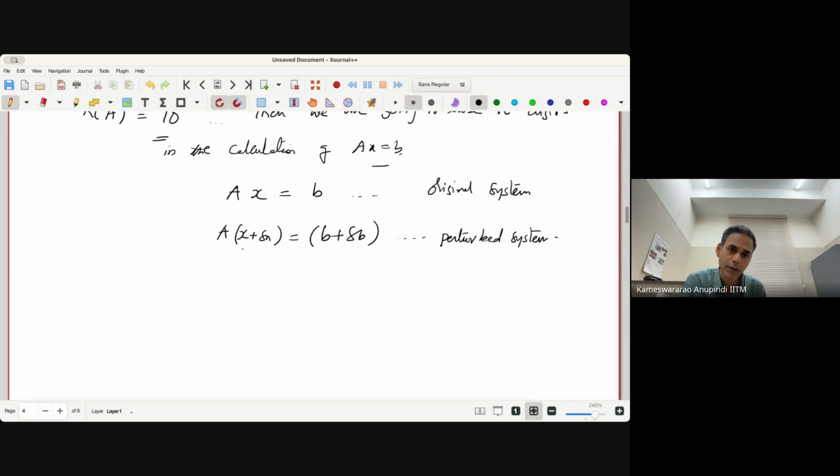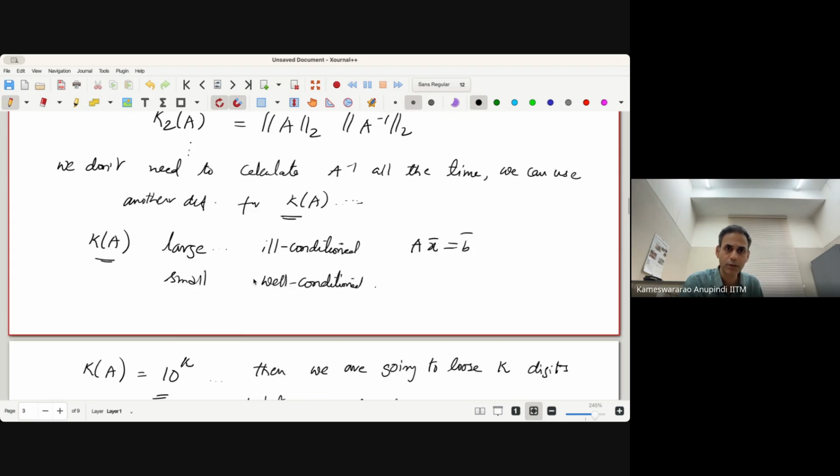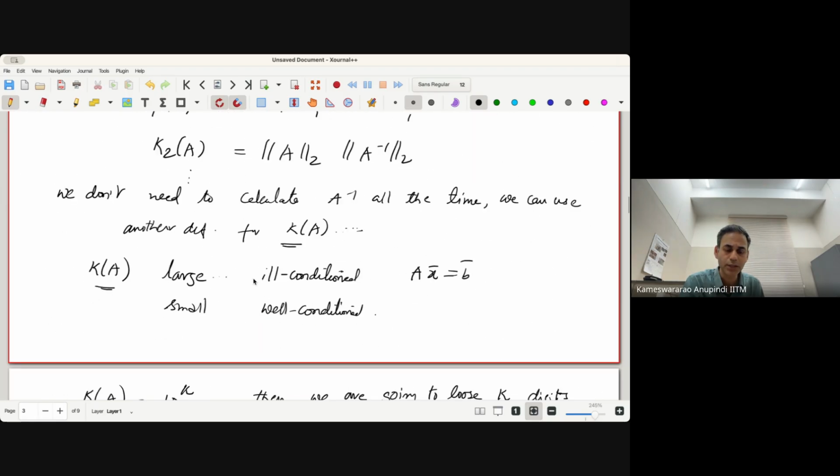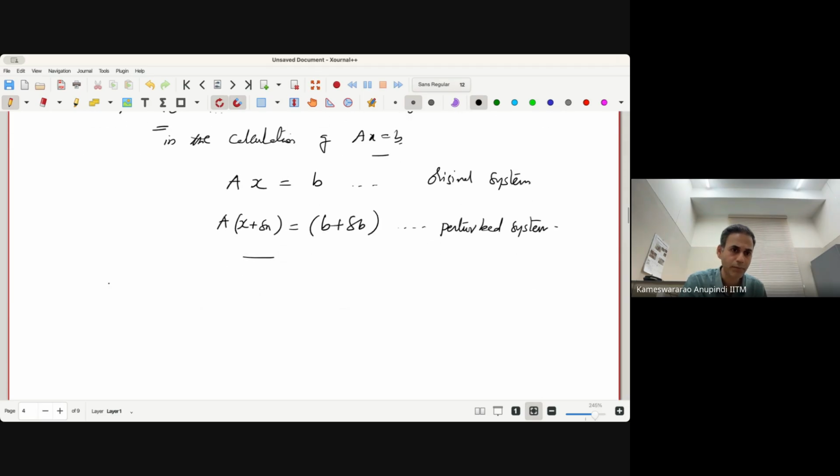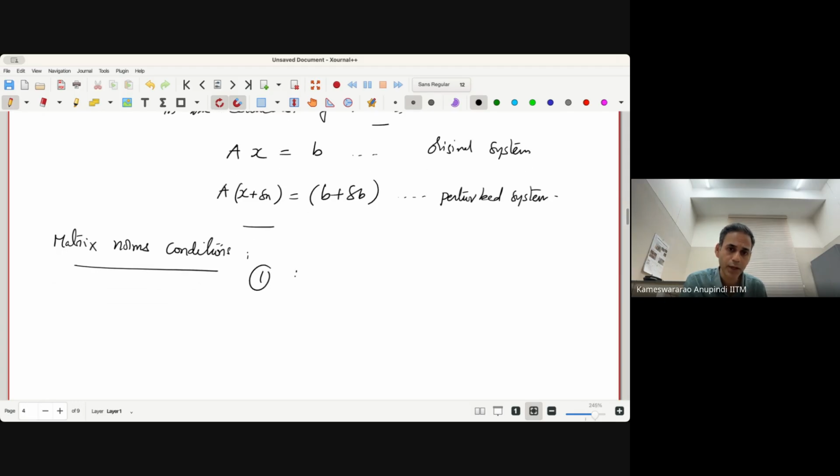Now I can also write this as, oh, I forgot to write the conditions for the matrix norms. Let me write the conditions for matrix norms and come back to this, just like the way we have written the vector norm conditions. So the matrix norm of the identity matrix would be equal to 1. And then when you multiply with A times X, some vector, A times X will be